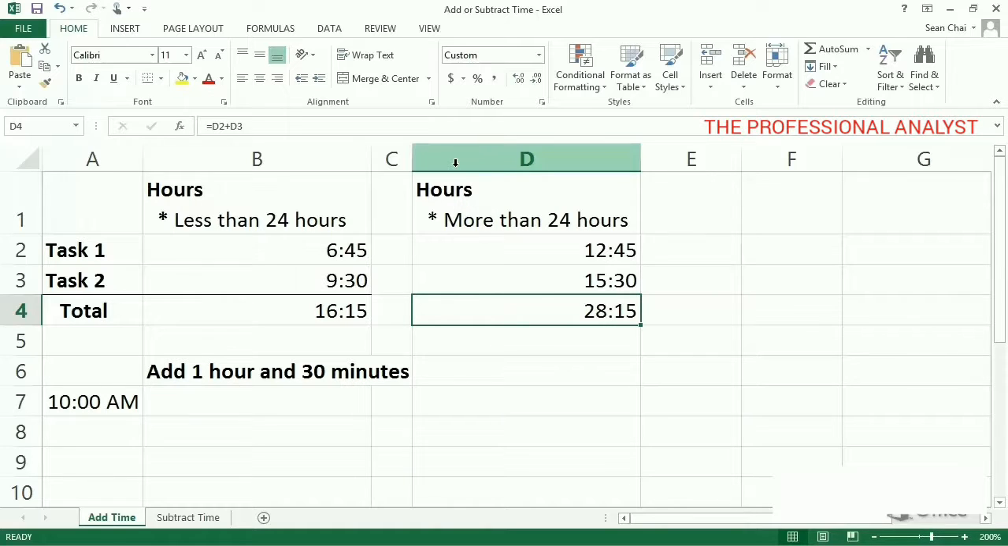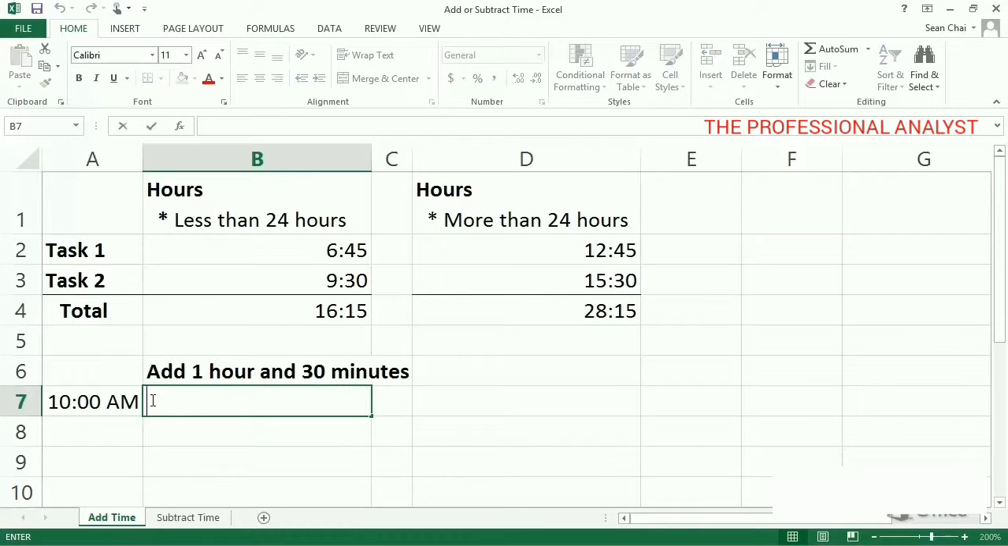You can also add a unit of time, such as 1.5 hours, to a time of day, such as 10 a.m., by using the time function. Type an equal sign, then click A7, which contains the time of day, 10 a.m., then type a plus sign,